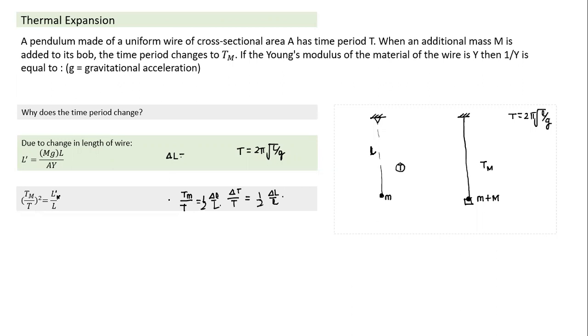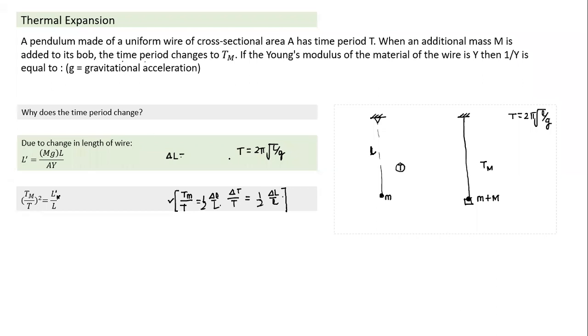Many times we solve questions of this nature, where there is a small change, and we take this ratio and calculate delta. What is different in this question? Why is this answer a little different? Because in this question, they are not asking for the change in time period. This becomes the new time period. So when a new time period is given, I cannot use this one.